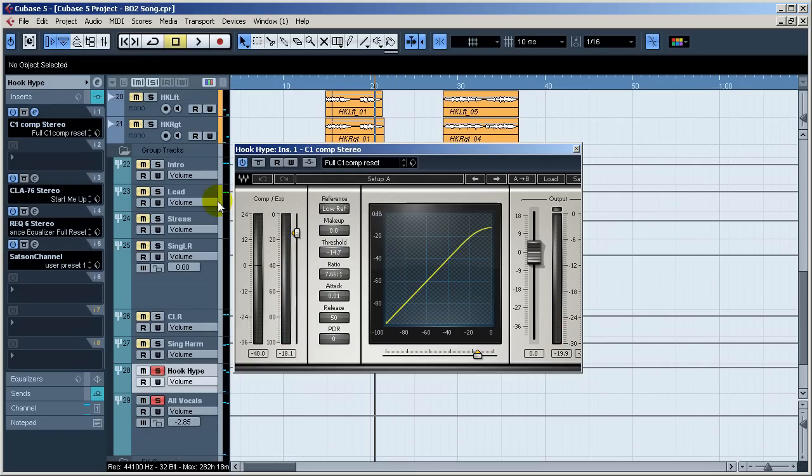So let's go ahead and do that. I got a compressor up first. I usually use this compressor first for my initial compression. As you can see, it's got a high ratio because this is a stress overdub. Now, I'm not going to go into the mixing aspect, but I'm using a high ratio basically and a very